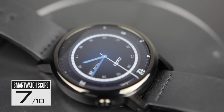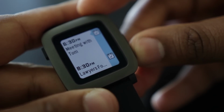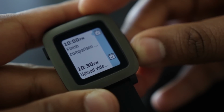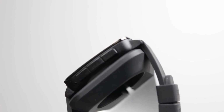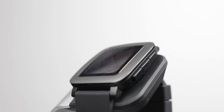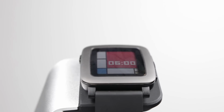experience and control category. Now, the Pebble Time, on the other hand, is pretty much novel in terms of its control interface. There is no capacitive touchscreen, and the way that you control the entire device is through physical buttons. You have 4 buttons on the watch itself, and after using the operating system, you really get accustomed to the functions of all 4 of these buttons, and eventually you can even get to the point where you can start executing simple commands on the watch without having to actually look at it, which is definitely a convenient